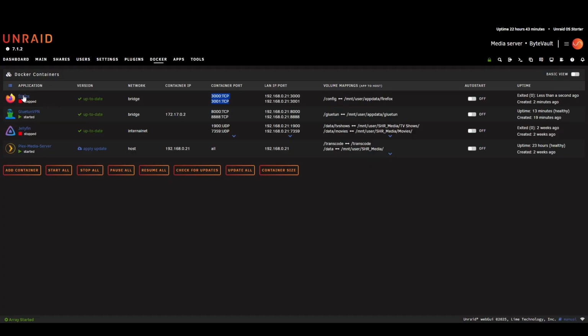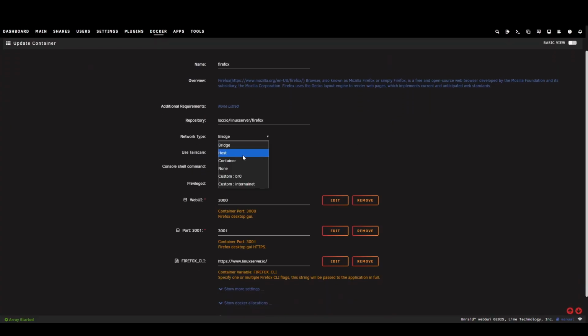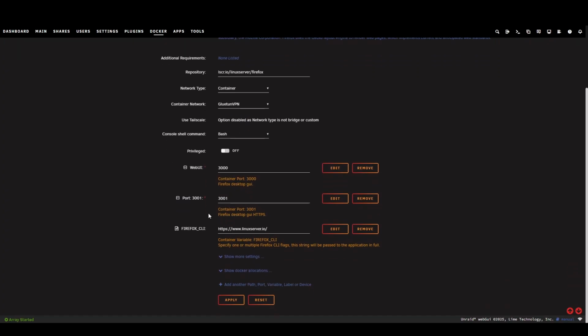So first of all, what we would do is we would go to the Firefox settings, and here from the network type we would choose container, and we would use Gluetun VPN as the container. And then we hit on apply